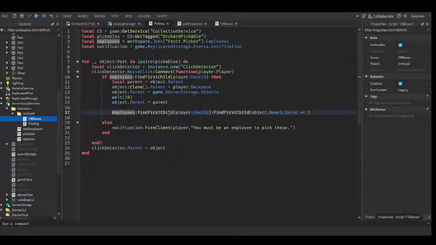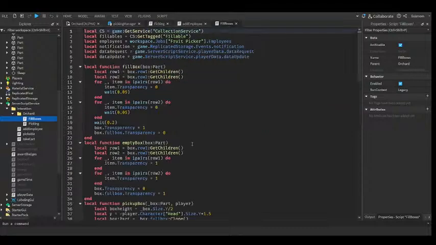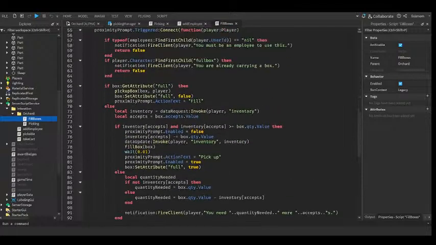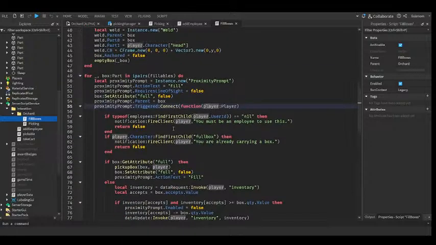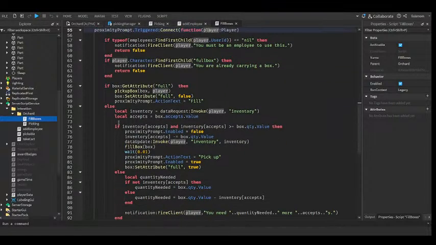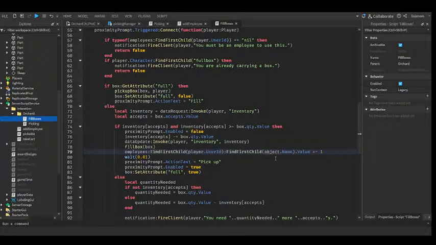Okay, so employees, find first child, the player's ID, find first child, the object of name apple or oranges, and its value, increasing it by one. We want to do the very same thing for fill boxes, and where we're gonna do that is where we get our player. Okay, we've gotten our player here who has filled the box, but let's see after the box is filled. Okay, so box is filled right here. So right after this box is filled, we're going to increase